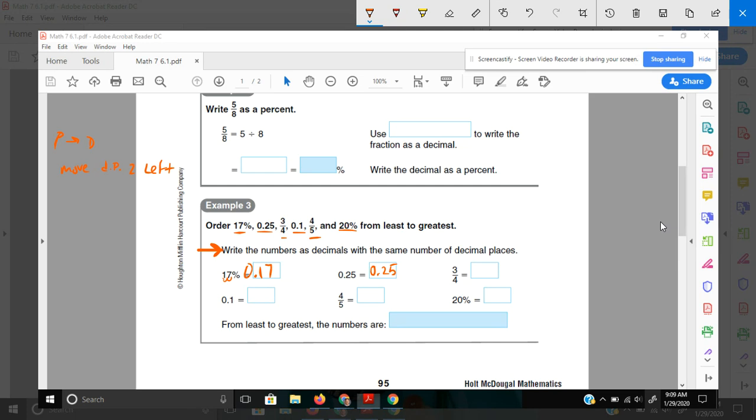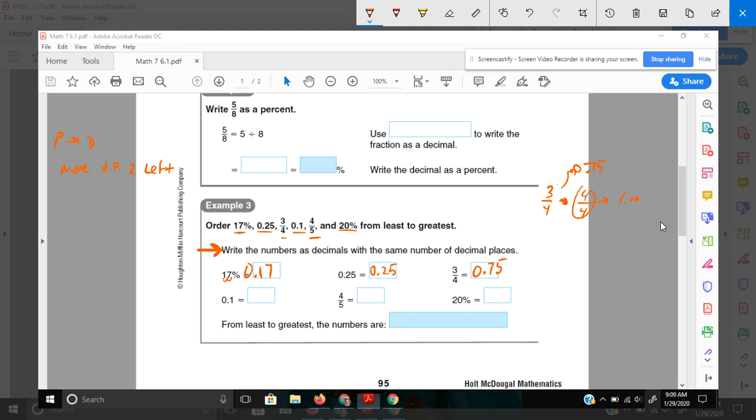3/4. All right, you could think of this in a number of different ways. I like to think of 3/4 as quarters. If I have 4 quarters, I have $1. So that'd be 4 out of 4. I have $1. If I have 3 out of 4 quarters, each quarter is worth 25 cents, so 75 cents. So I'd write that as